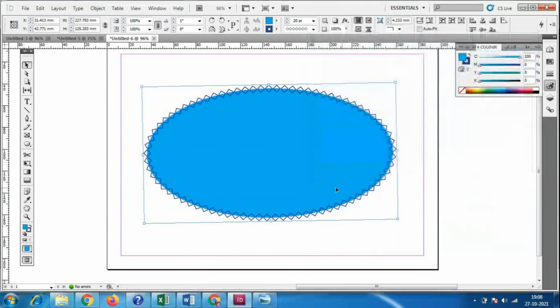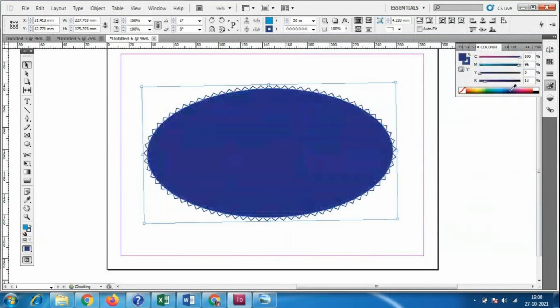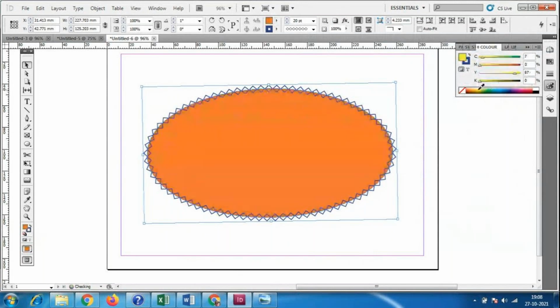So you have the fill color and we have the outline color also, both are visible. We can click here and take whatever colors we want from the color palette. I'm using the color picker tool, and using this we can take the color.